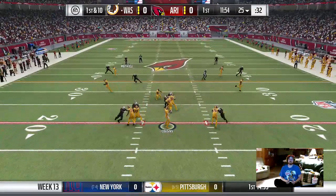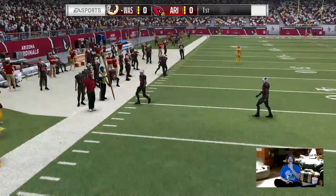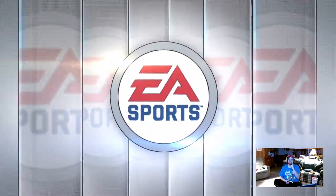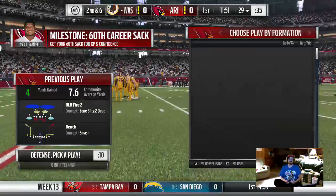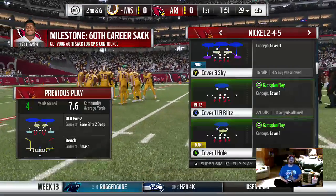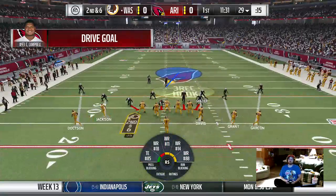First down, here's Cousins. He's got time. And he gets this up just shy of the 30 to the 29 before he's out of bounds. It'll be a gain of 4, and it'll be a second down. 4 receivers. Not really worried about Vernon Davis at all. Still has some speed, I'm surprised, but...